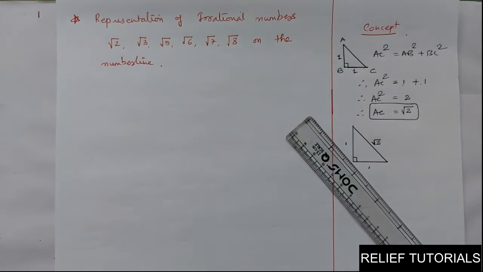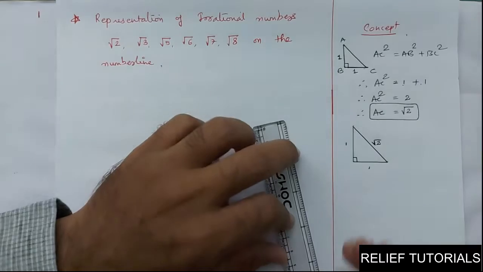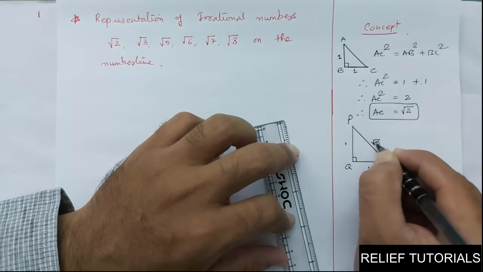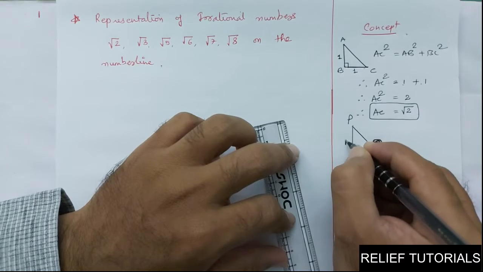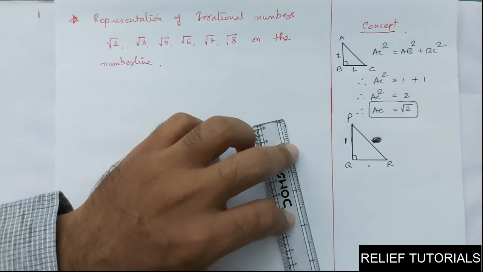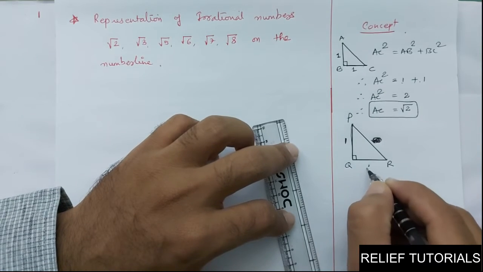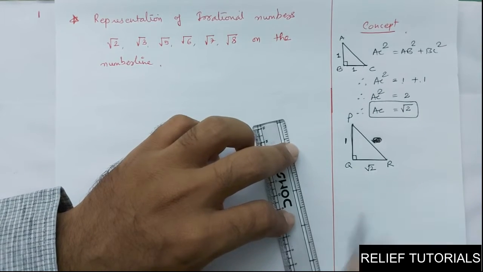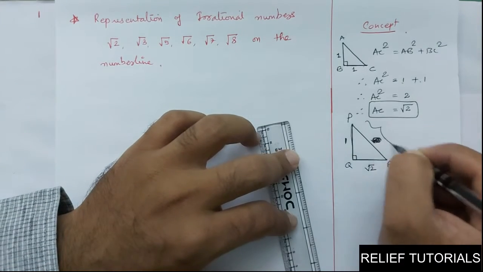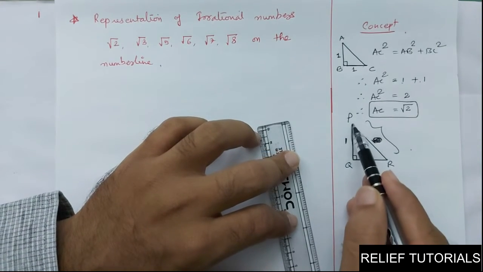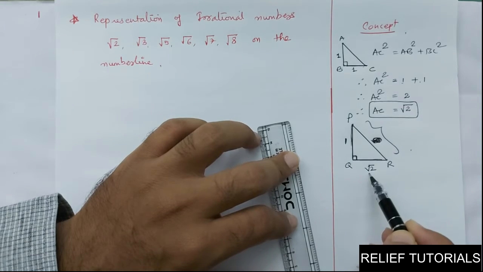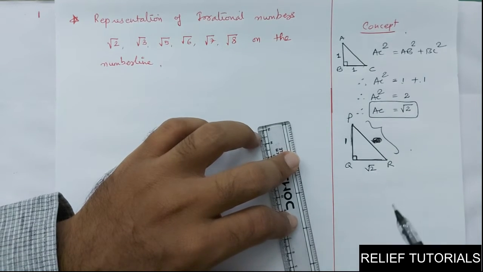Is that clear? Now further, let us say this is triangle PQR. If I say the measurement of this length PQ is 1, and this QR is root 2, then what should be the length of this PR? If one side forming a right angle is 1 and the second is root 2, then what should be PR?